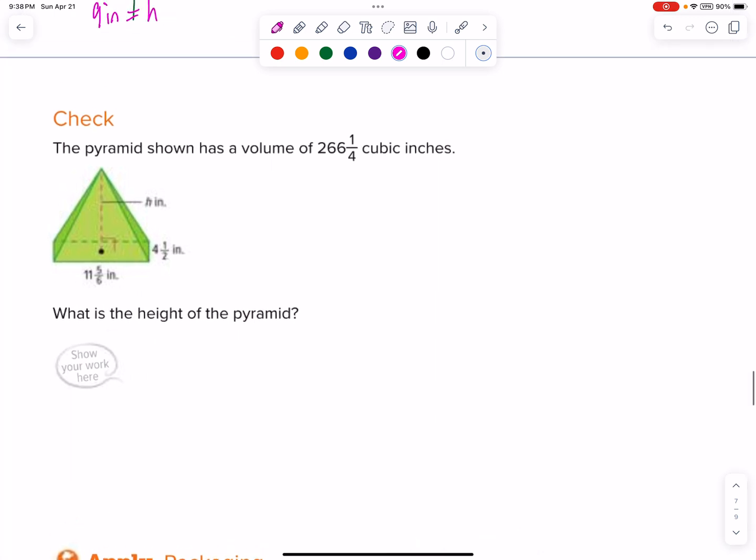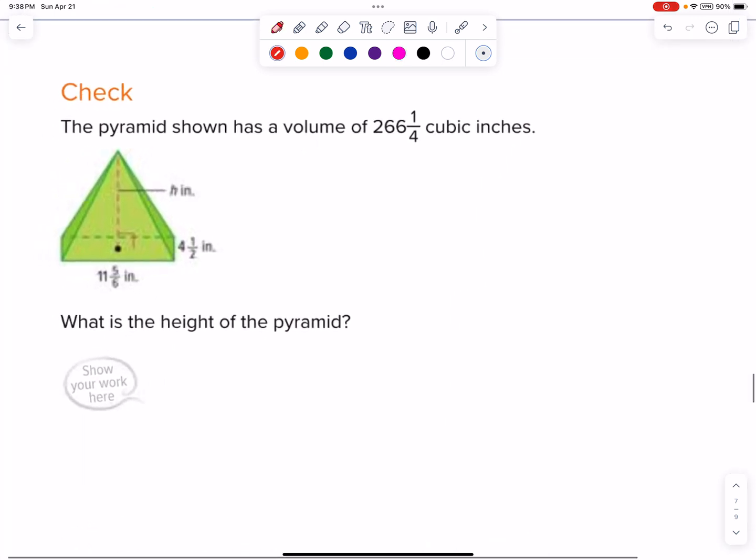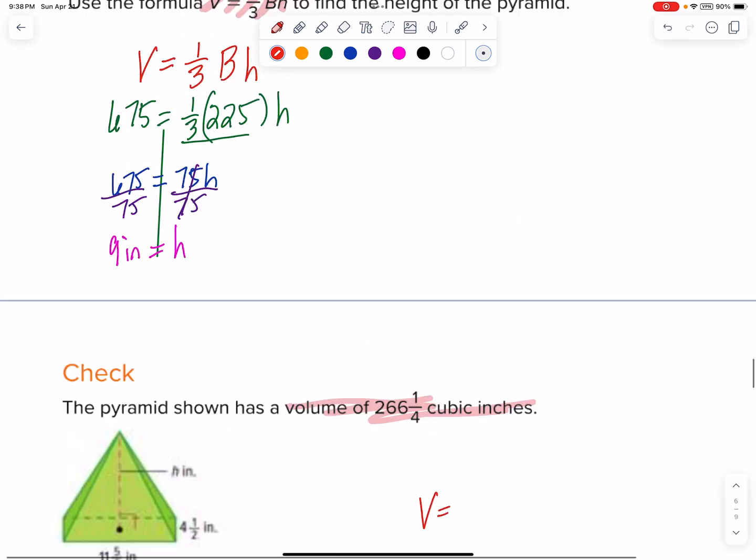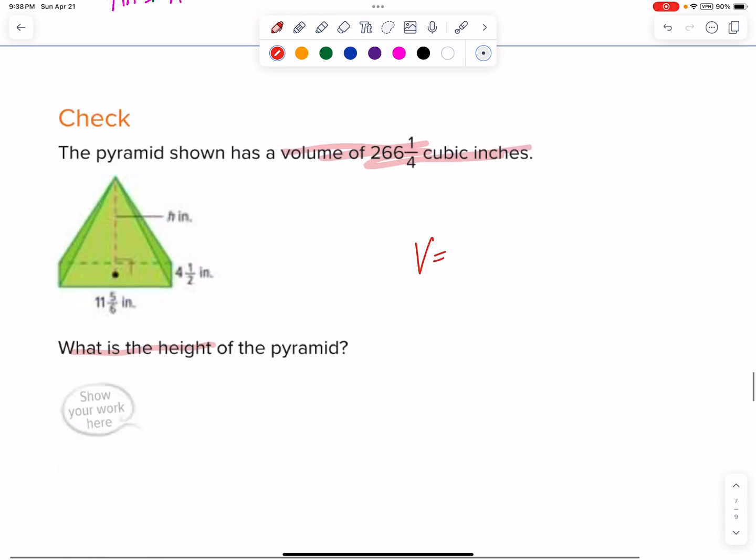All right, let's go ahead and try the check here. You can pause or follow along with me. Highlighting stuff I know. We have a volume here asking what is the height. So I'm going to set up my volume formula. Let's look back up. Remember, this one's formula is 1/3 area of the base times the height. So let's plug in what we know. We know the volume is 266.25